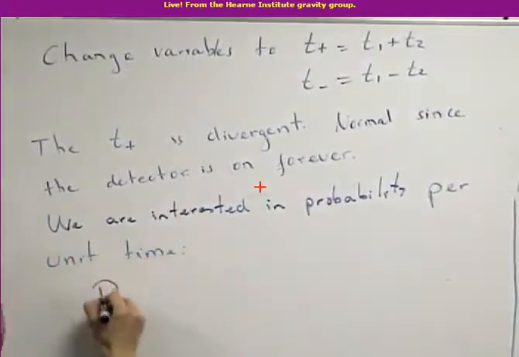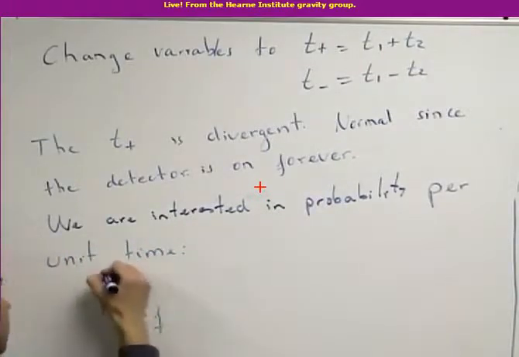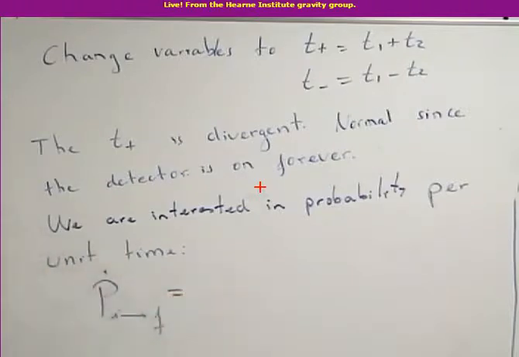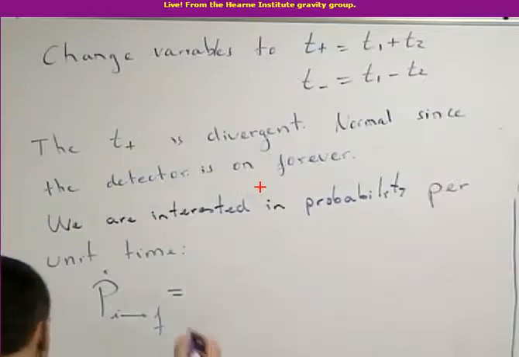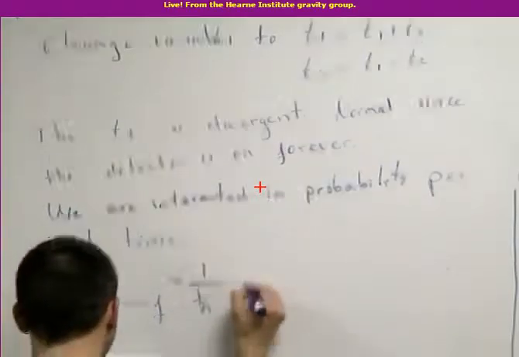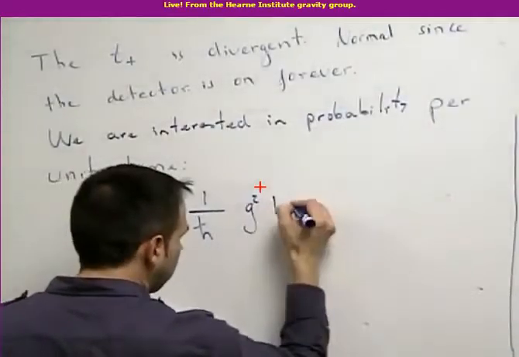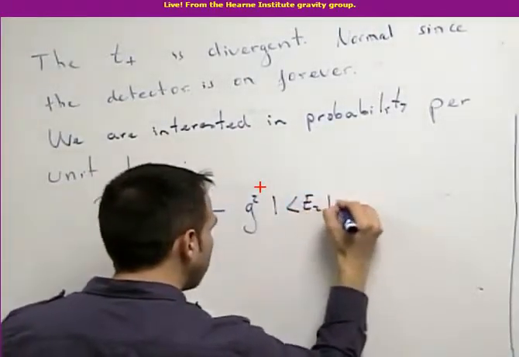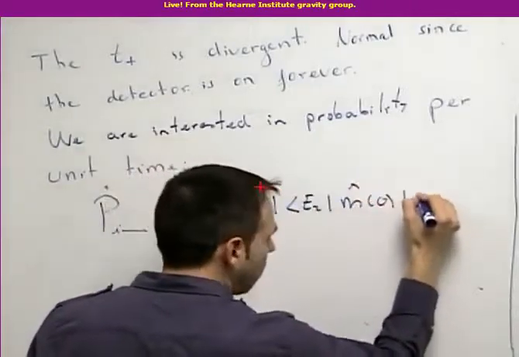Let me call it P-dot. So this is just the probability rate, and what I have done is just get rid of the integral in t plus. I'm going to write one more equation because there are too many things. It's quite long. So let me write one more step, and that's